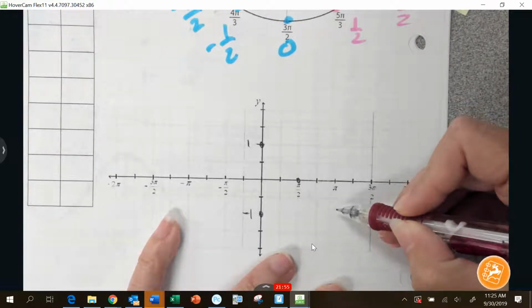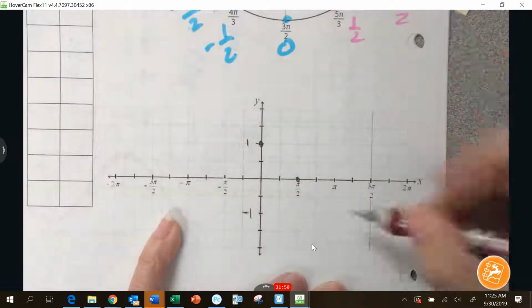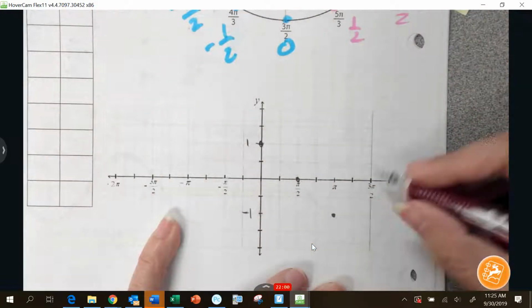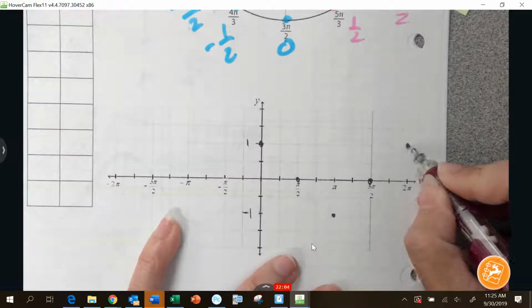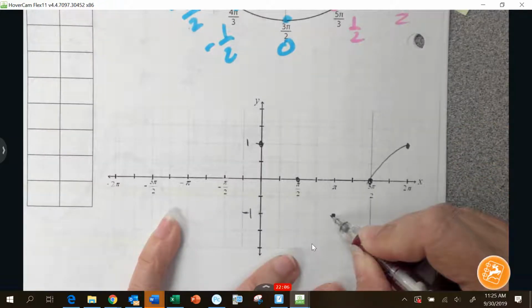At pi, oops, I didn't mean to make that a dot. At pi is negative 1. At 3 pi over 2 is 0. At 2 pi is 1. The original cosine graph